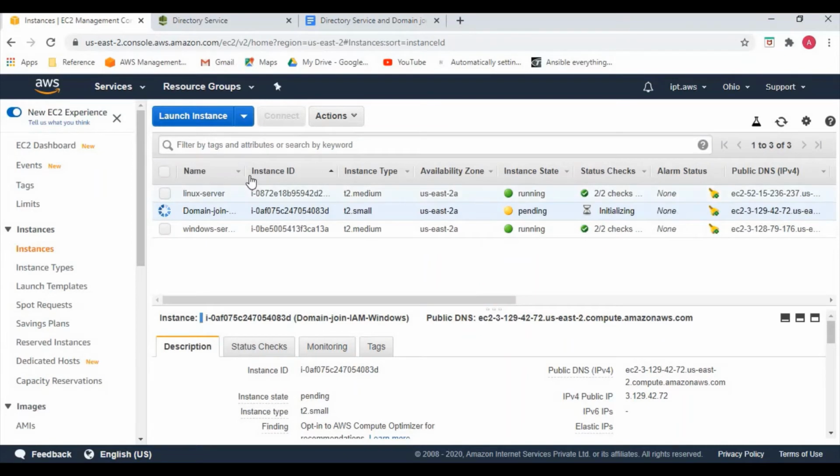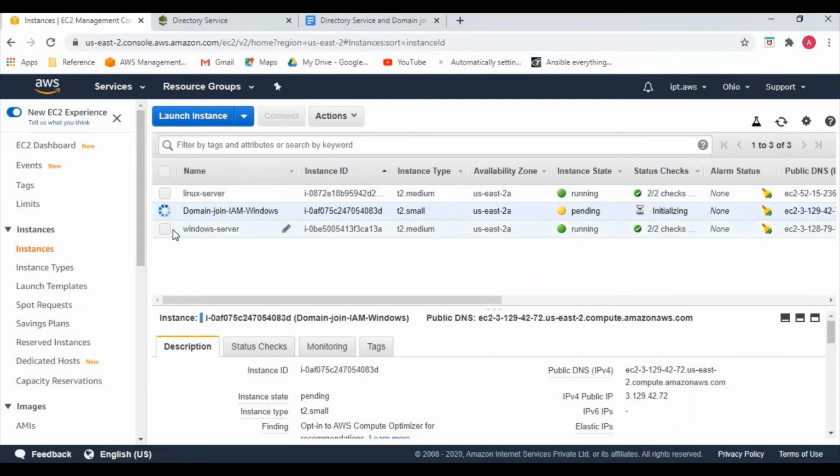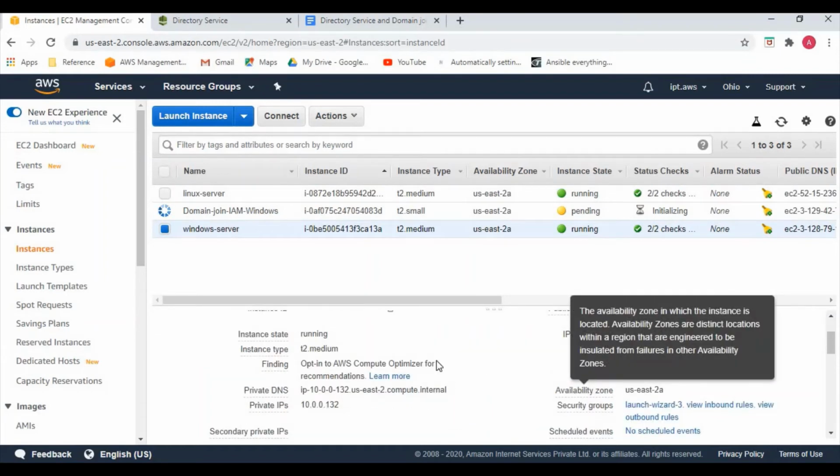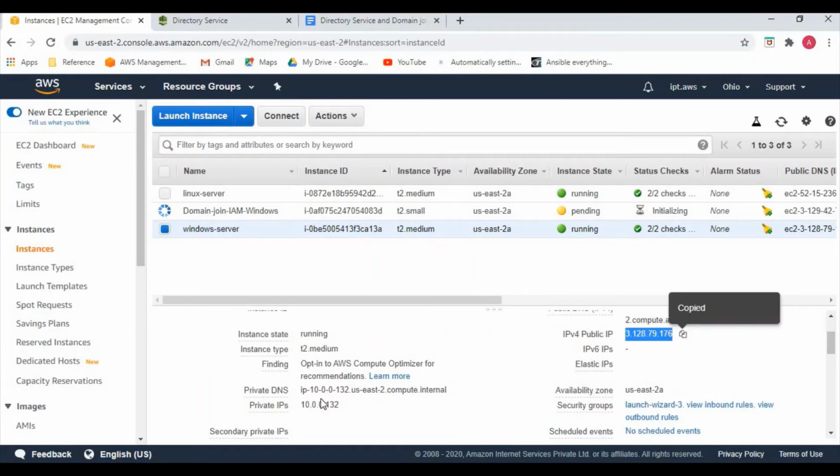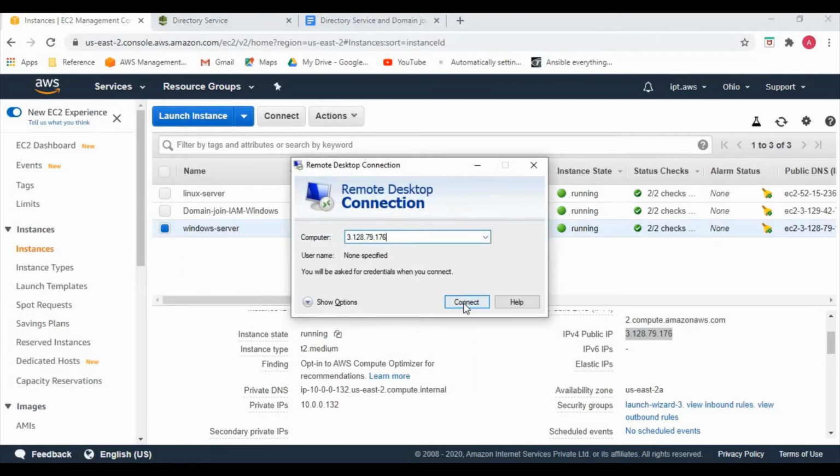The other server which we created, the domain join had to be done manually since it was already created, right? So that's the reason. These are the two methods that we can follow to domain join the EC2 instance in AWS. So let's try to connect to the Windows server which we created and manually domain joined. Now I'm connecting here.